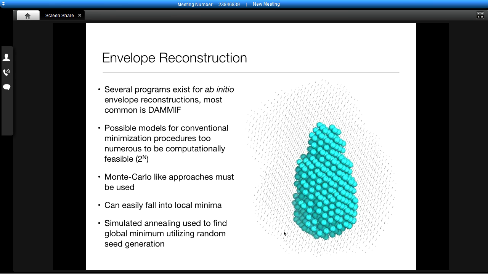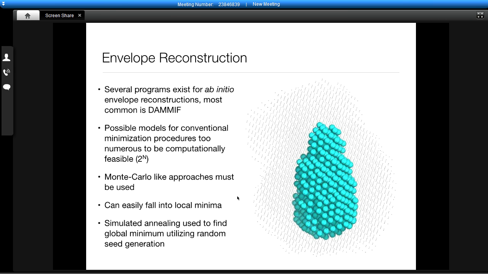Generally the way it works is they fill a volume of space with a grid of beads. We assume that particle density, the protein or whatever, is uniform within that space and within its envelope, and all the rest is solvent. It starts with a random configuration of beads that are solvent and beads that are particle, calculates the scattering pattern and compares it against your experimental data, and then it changes them. If a bead being particle helps your scattering pattern, it will keep that bead,